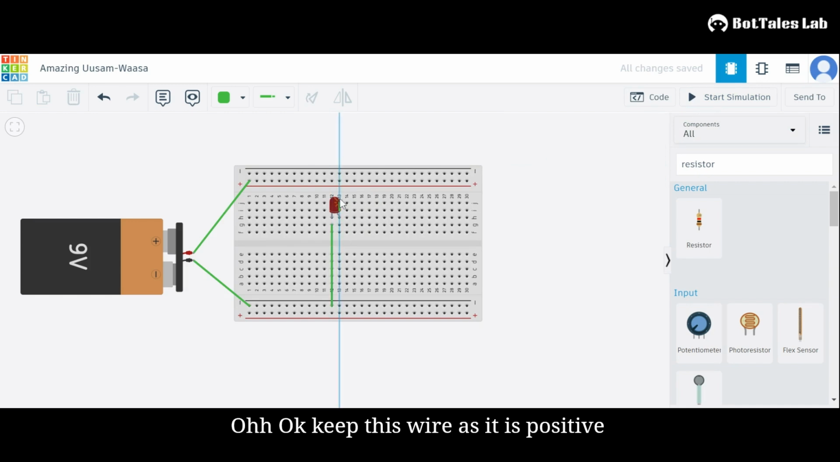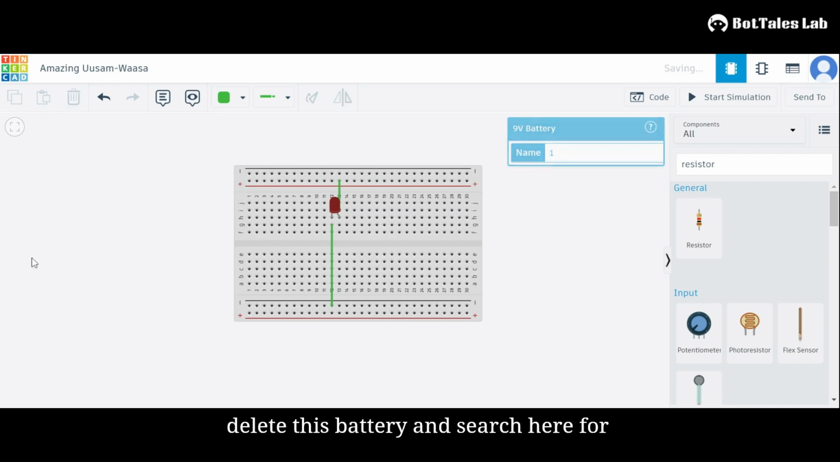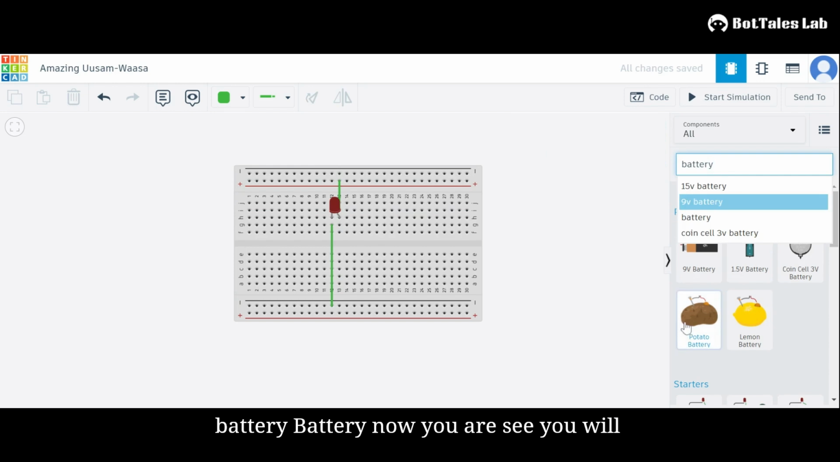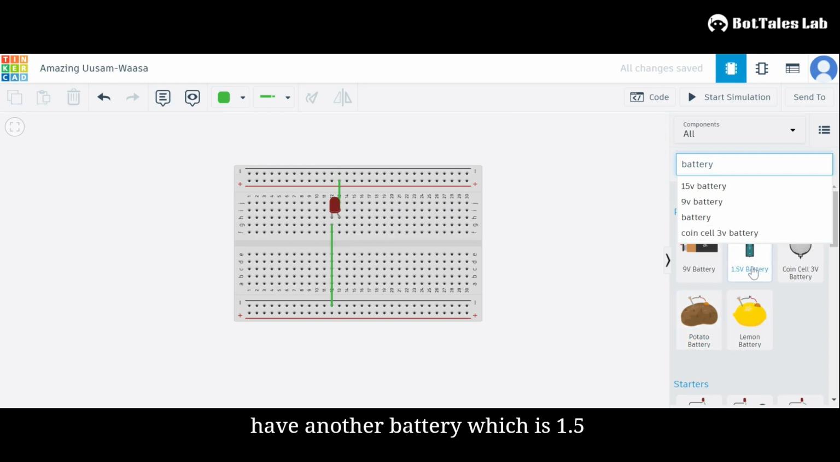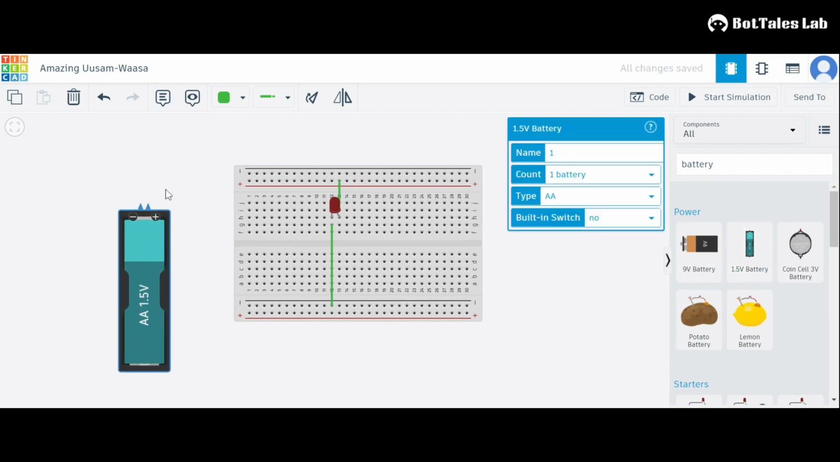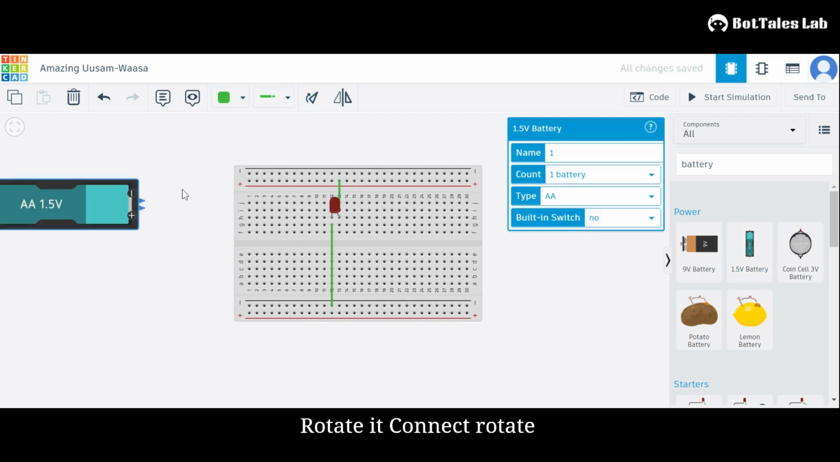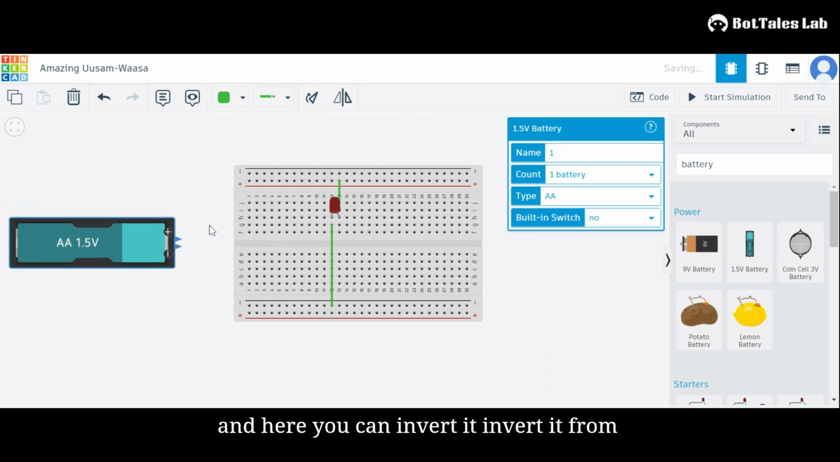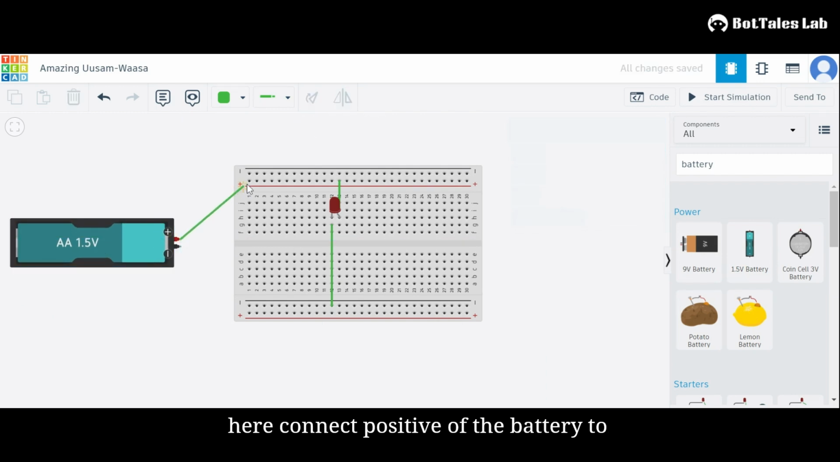Okay, keep this wire as it is, positive to positive, negative to negative, and just delete this battery and search here for battery. Now here you will see another battery which is 1.5 volt. Take this battery, rotate it, and here you can invert it. From here connect positive of the battery to the positive rail, negative of the battery to the negative